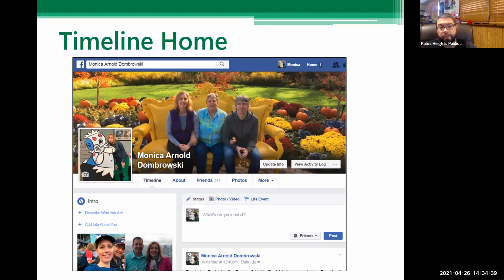The big picture behind it is the cover photo. We will get into how to change those and update them. It also shows the quick access to the pictures that you've posted, and then a little history of things you've said or things you've been tagged in, all that good stuff.